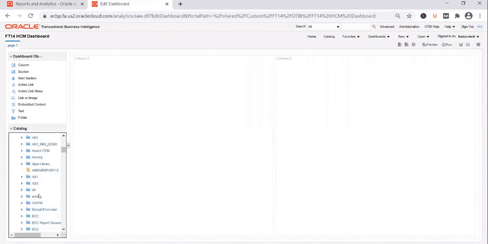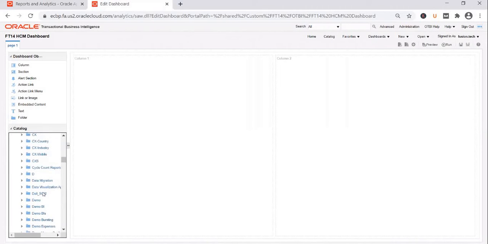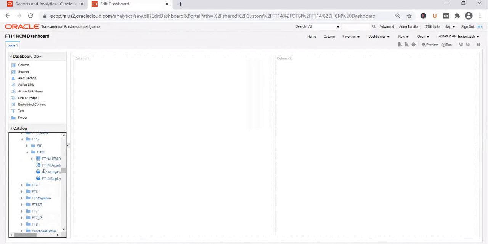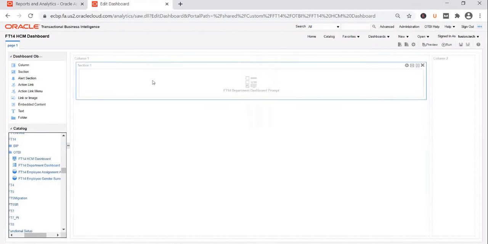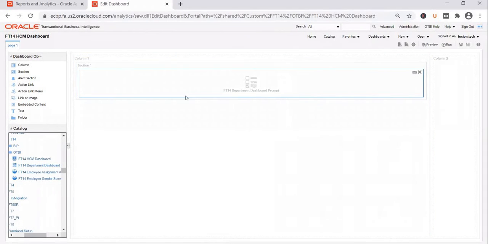Go to the folder where you have saved your dashboard prompt, and you can include it. So expand FT14, OTBI, and you have the dashboard prompt, right? Drag and drop it onto the column. That gets added like this. A section gets automatically added and a prompt gets added.